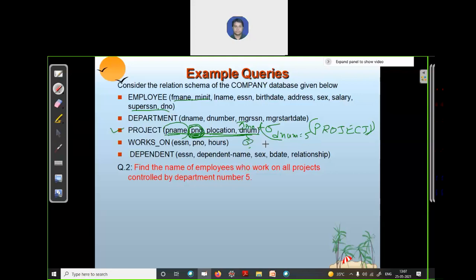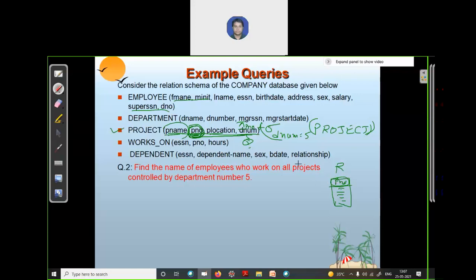Now we have a relation with only one attribute, p number. Can we find the name of the employee using p number? Is there any relation which can give you the name of the employee for this project number?